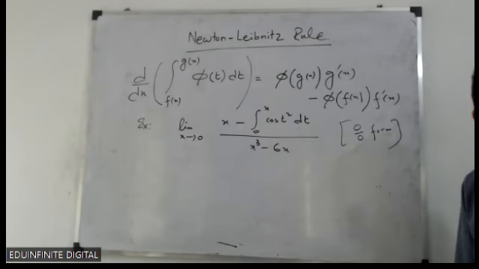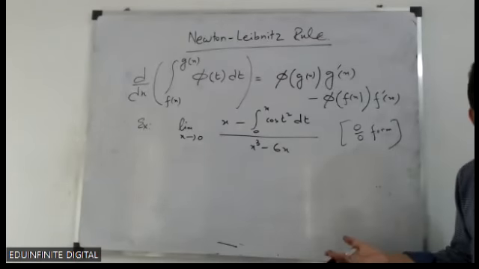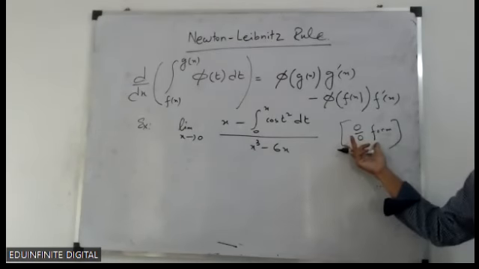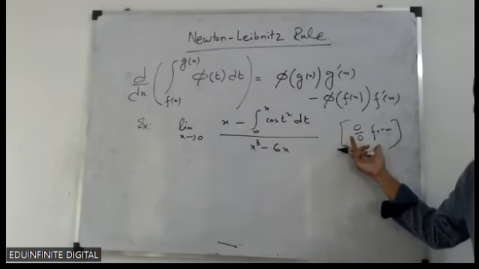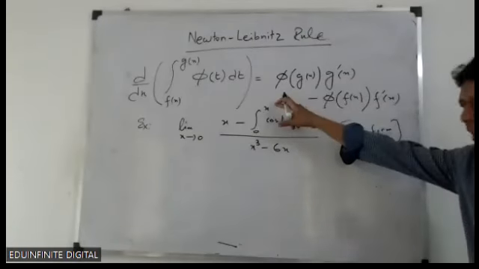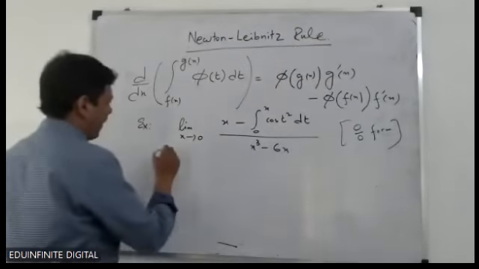0 by 0 form. Indeterminate form. It can be infinity by infinity also. That is also indeterminate. So if you have an indeterminate form, what will you do? L'Hopital's rule. Right, Deepayan? You will apply L'Hopital's rule. L'Hopital's means differentiating the numerator and differentiating the denominator. So I am applying